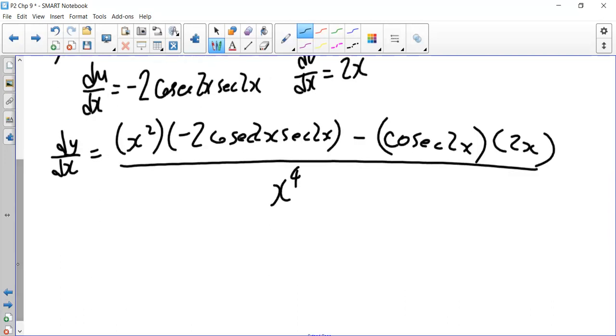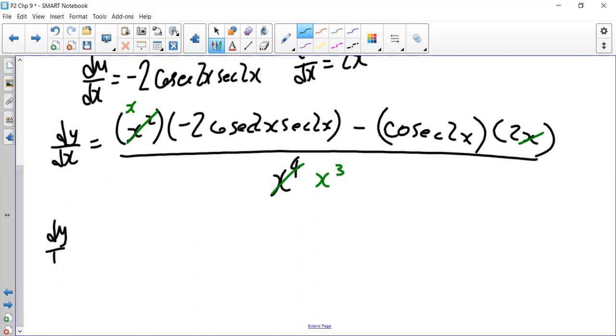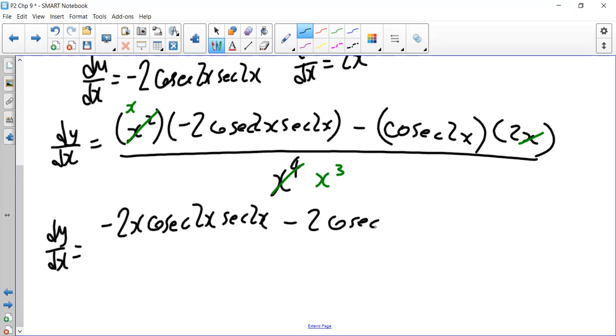Well, what can we do in here? There's nothing much we can do apart from writing it a bit neater, but also we can divide every single term by x to simplify it maybe. And that's all we can do really. So I'm going to write it a bit neater. dy by dx equals negative 2x cosec 2x cot 2x minus 2 cosec 2x